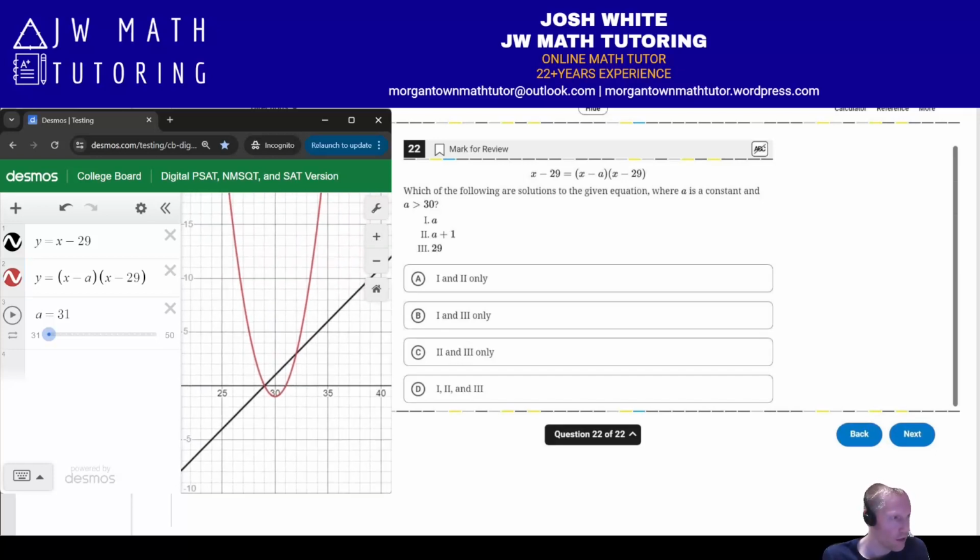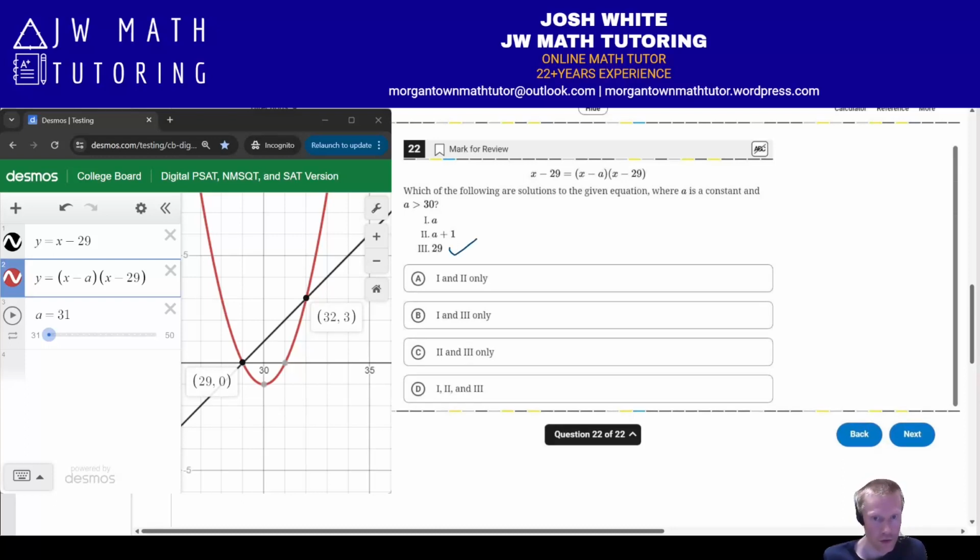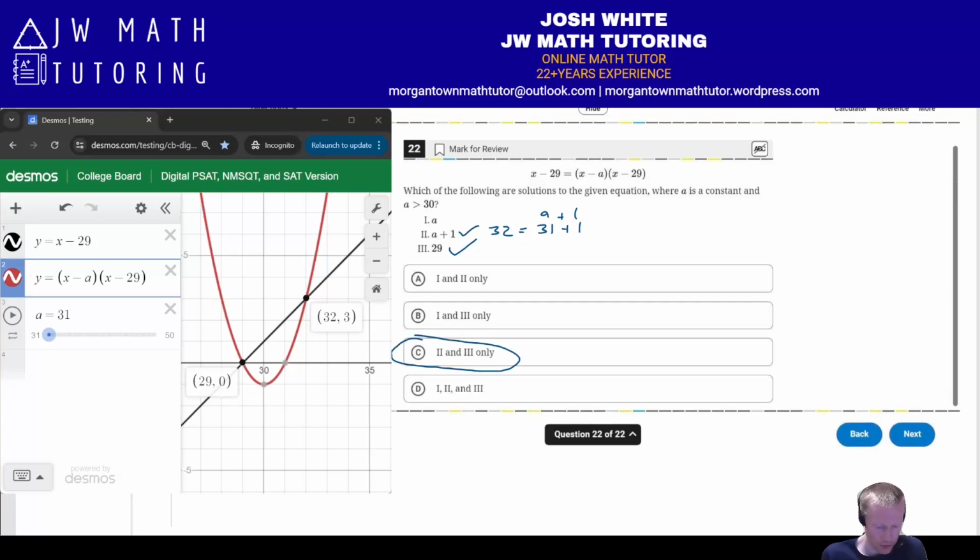So let's just zoom in here to get a better look. Okay, so we got one solution here of 29, and the other intersection point, i.e. the solution, is at 32. I'm only looking at the x values, not concerned with the y values. All right, so far I've got 29, check, and my other solution is 32, but notice, since my a value is 31, 32 is just equal to 31 plus 1, i.e. a plus 1. So this one also appears to be a solution. So right now it looks like the correct answer is going to be letter C, 2 and 3 only,